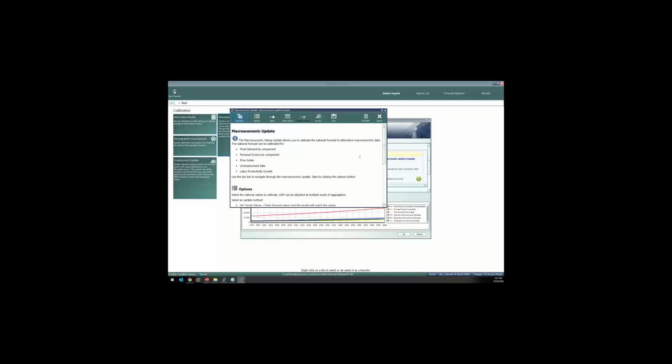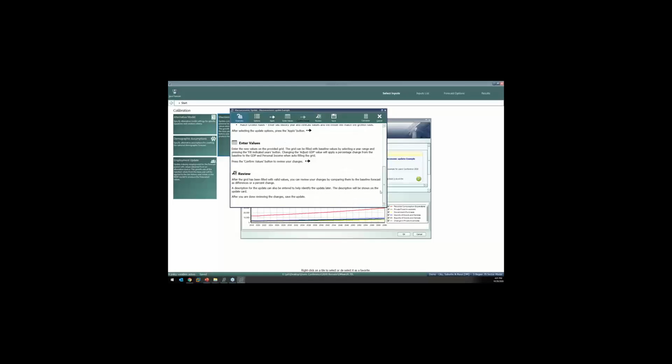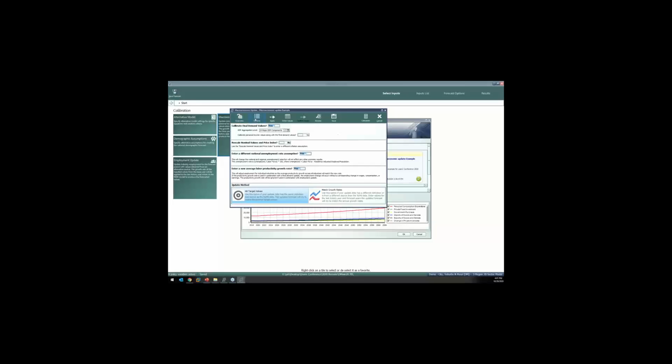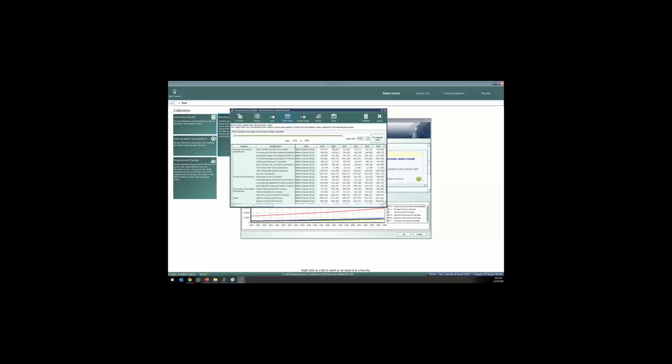We changed around the interface a little bit, so we have a little bit more instruction about how to use it. We have an options tab that explains the different types of things that you may want to turn on and off. And the big thing here is that we put this option on here about whether or not, when you do your update, you want to hit target values or match growth rates. We didn't actually change how things work, but we put this option on here to prevent people from making mistakes that we frequently found that people were making.